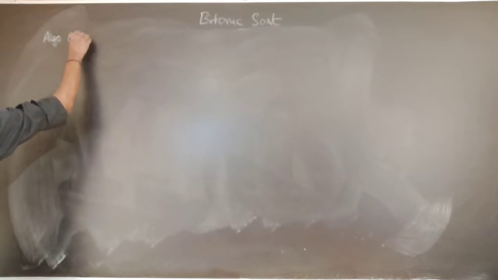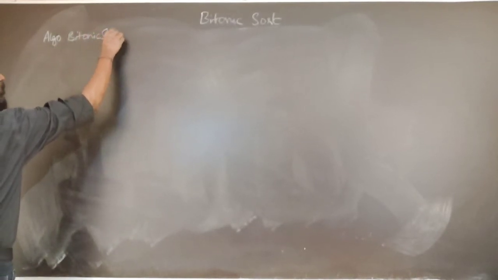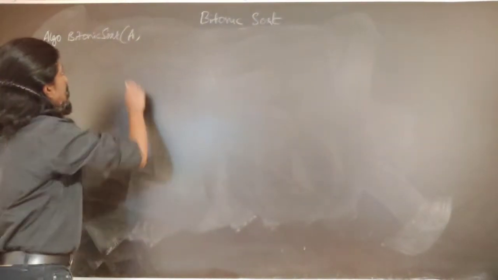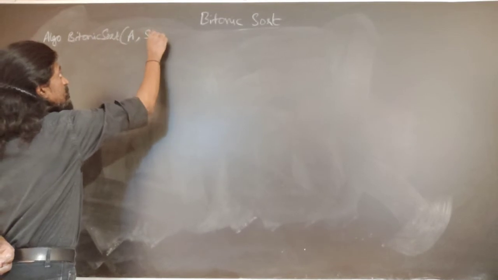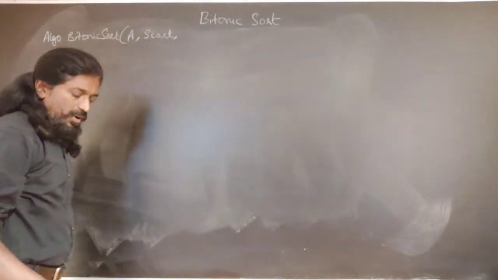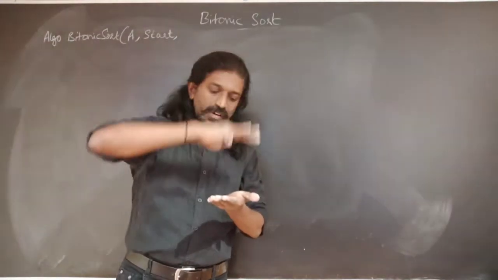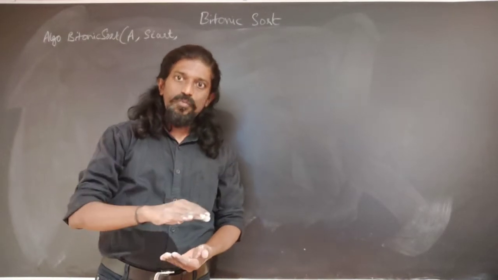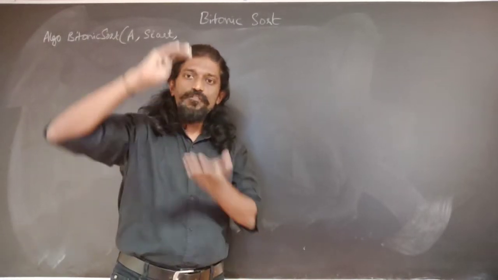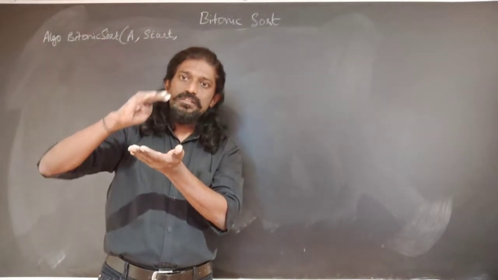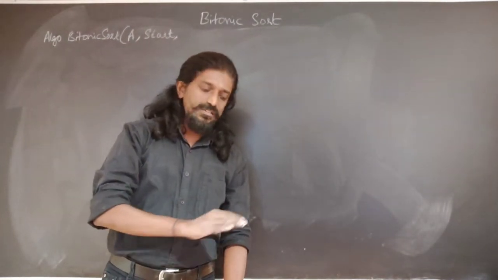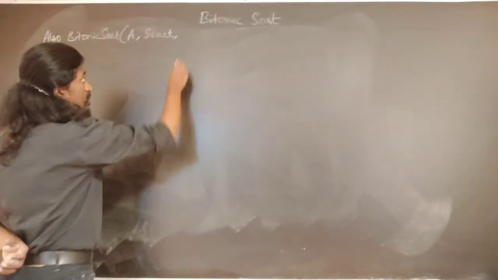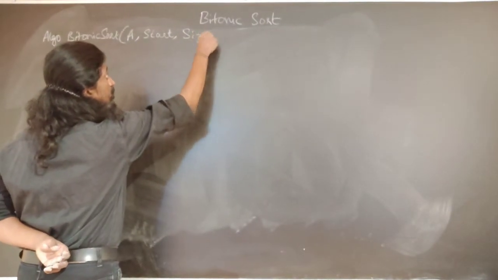Algorithm Bitonic sort. It takes an array of elements which are stored in array named as A. The elements start at some position called start, because when we have 8 elements, they are divided into two subarrays. The first subarray index starts at 1, the second subarray index starts at 5. And further when they get divided, the first subarray starts at 1, second subarray starts at 3. In this, first subarray starts at 5, second subarray starts at 7. So therefore, we will identify it by some index called start, and let us assume there are size number